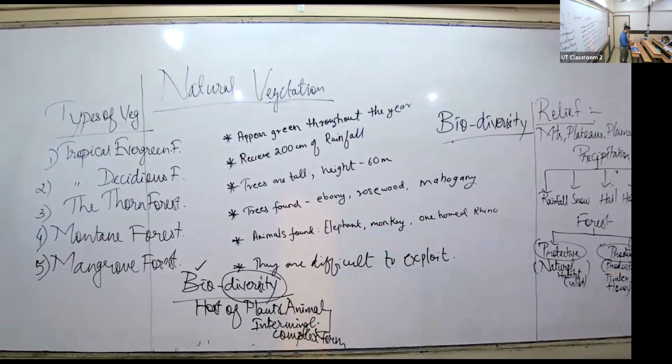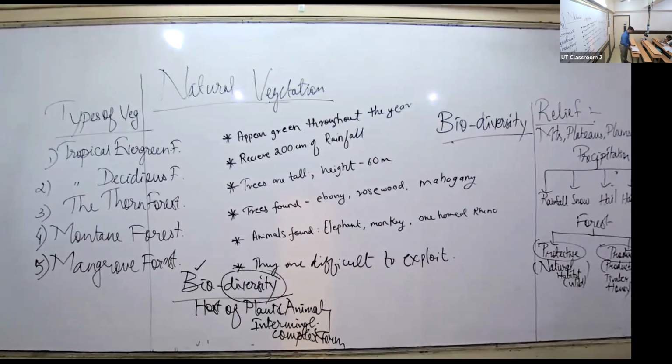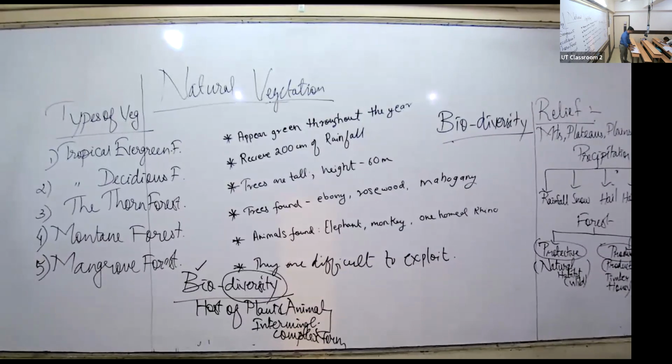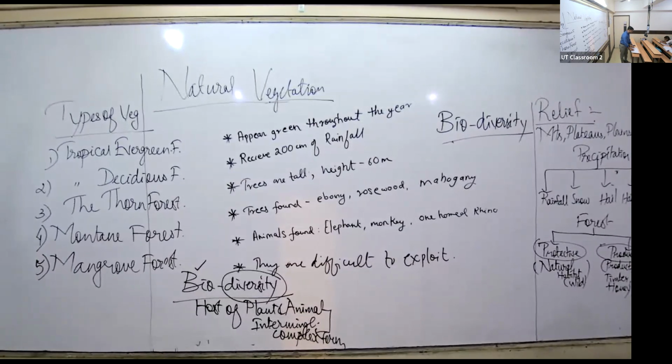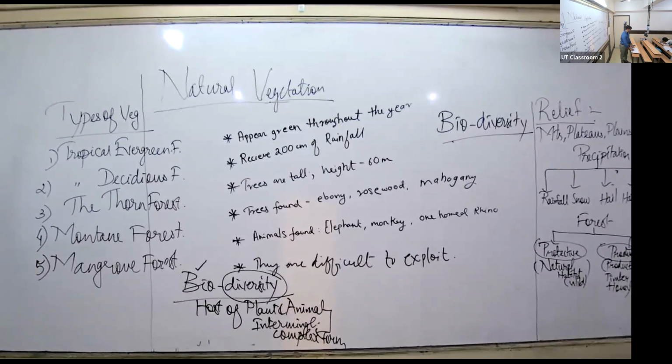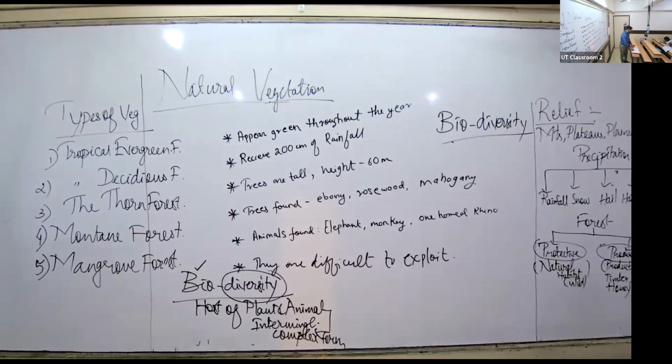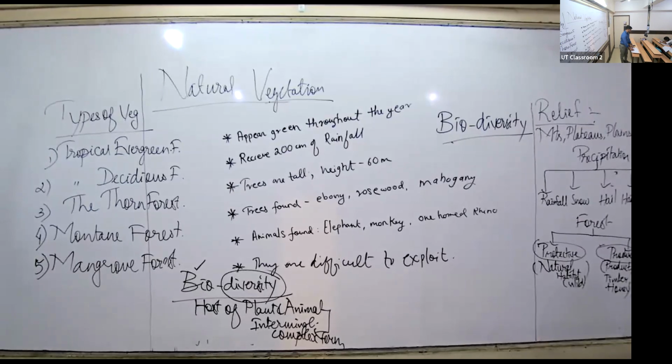Let's write about the word biodiversity. Come on, write. It refers to the wide variety of plant and animal species found in a given